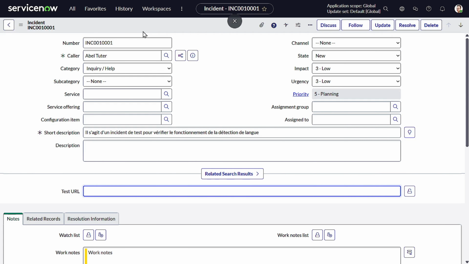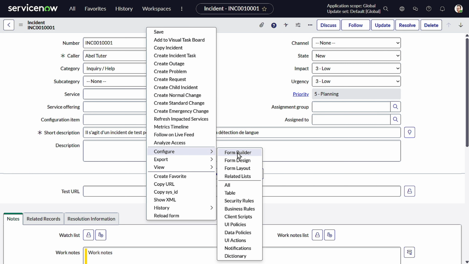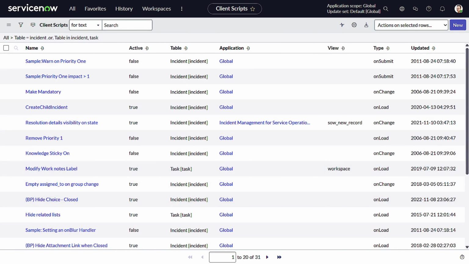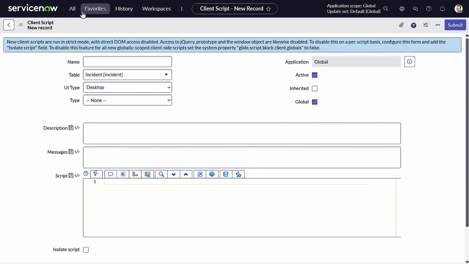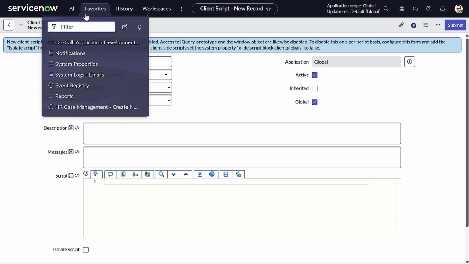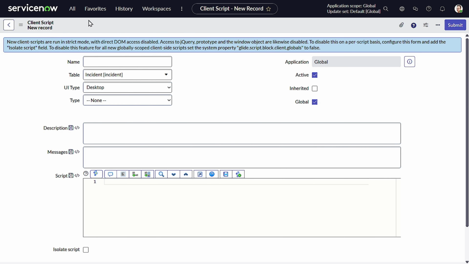For that, I will just right click and configure. You have to write a client script, and in client script we'll create a new client script. I just forgot the name of the field, but we will look into that. I will give the name as unlock URL, and we'll keep the type as onLoad. And what we'll be doing,